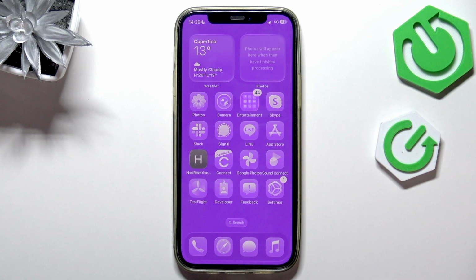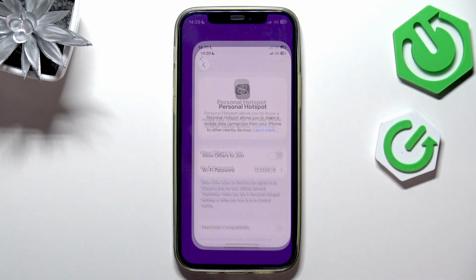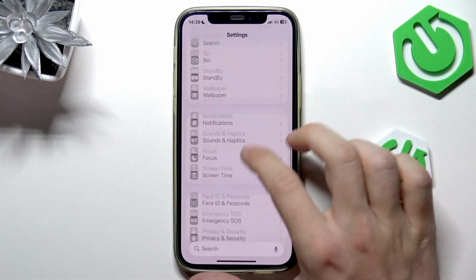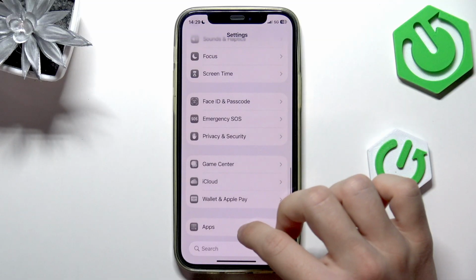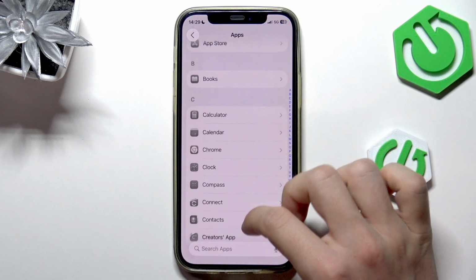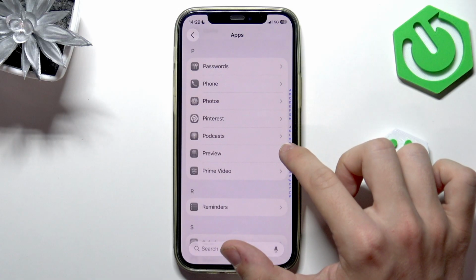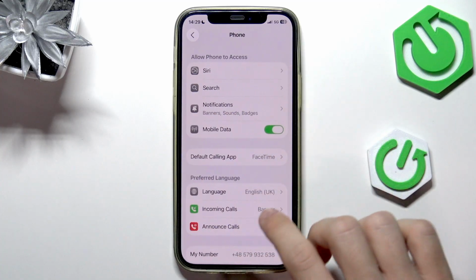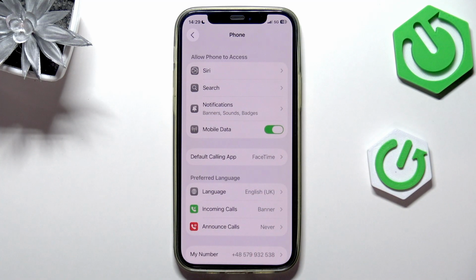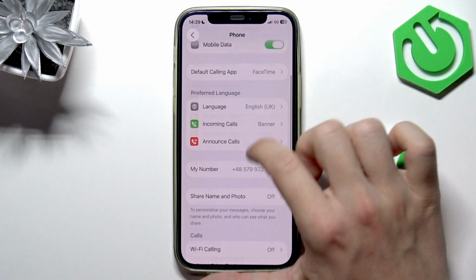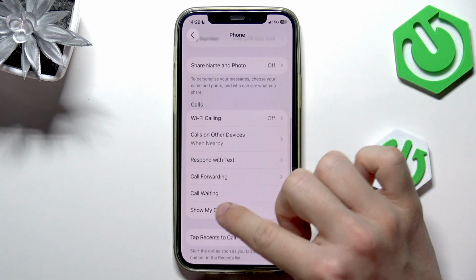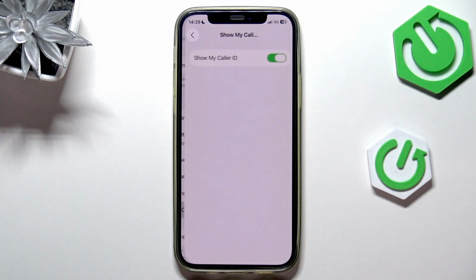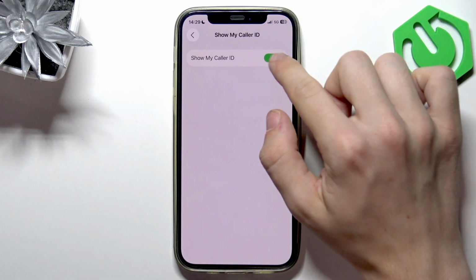To do it, all you need to do is go to the settings, then in settings scroll down until you find apps. Now find phone. I'm just gonna use this slider on the side to find the P letter, then phone, and now as you scroll down you'll find show my caller ID option. If you click on that, now you can disable it,